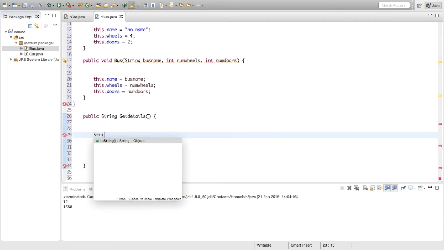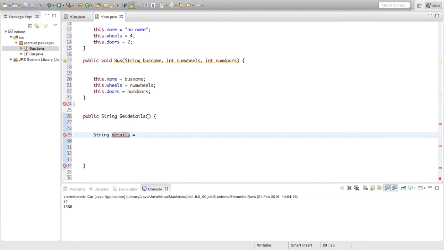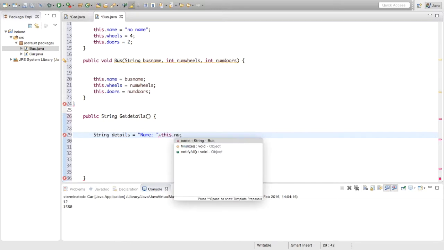Oh, we'll just make a string. We'll just call it details equals that for the minute. So nothing at the minute. We're going to put inside this name, like that, and we're going to add on this dot name,